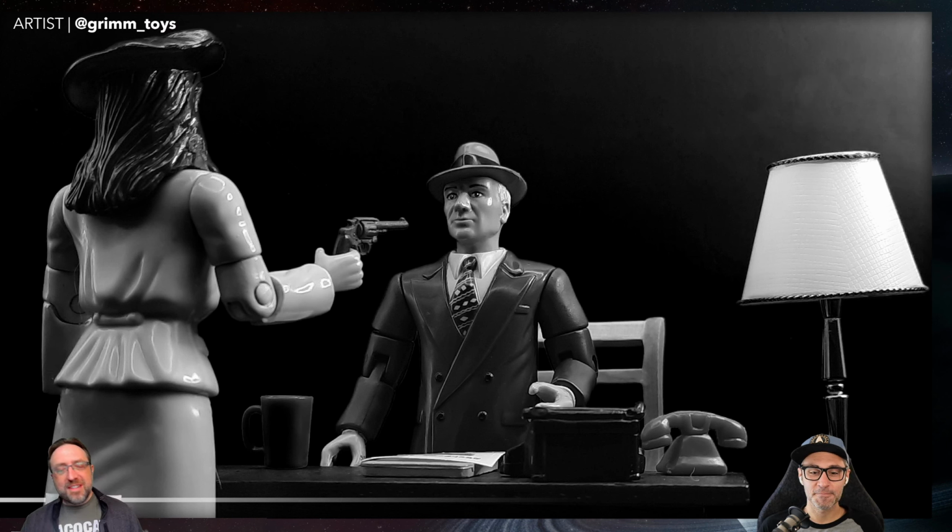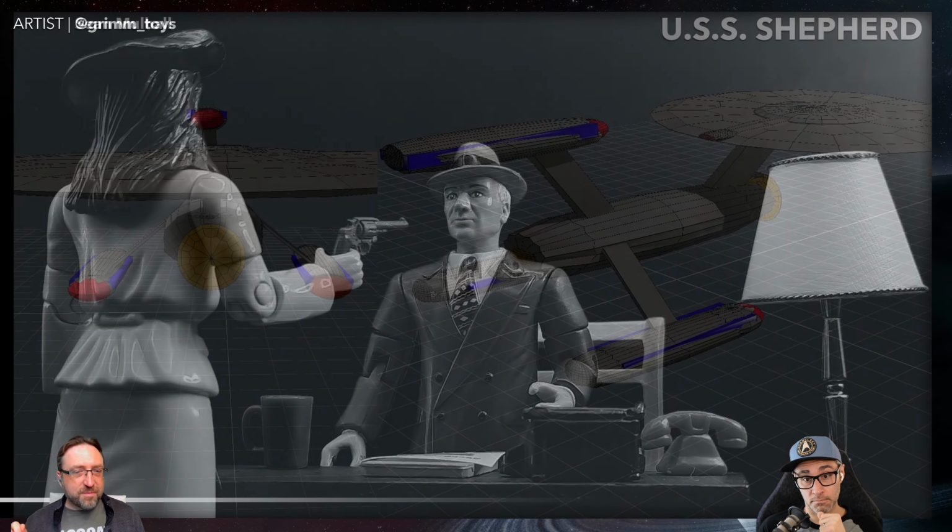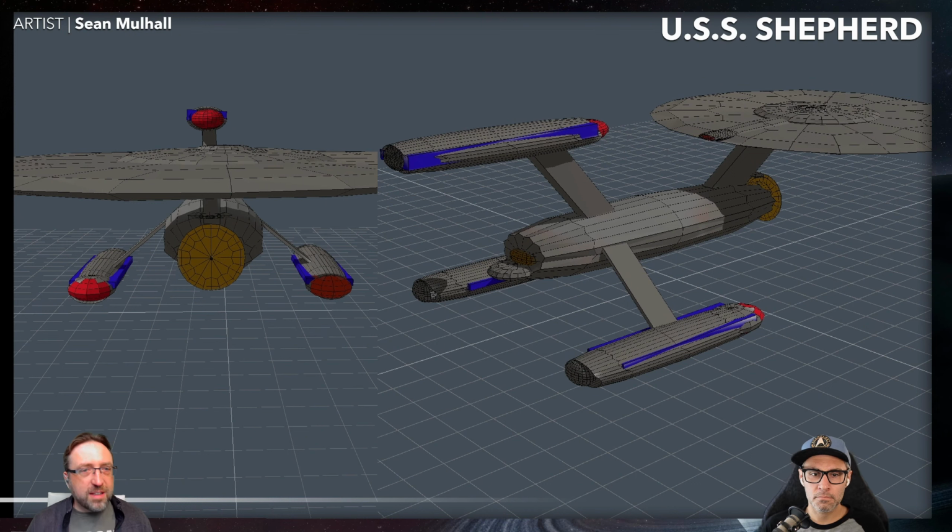All right. So next up, we're going to change media once again. We are going to look at some 3D modeling wire design from our friend Sean Mulhall, who has done a 3D modeling of the USS Shepherd. And I believe he did all of this by hand, modeling out this ship. I think the plan is to eventually start to 3D print, but full-on 3D modeling the USS Shepherd,